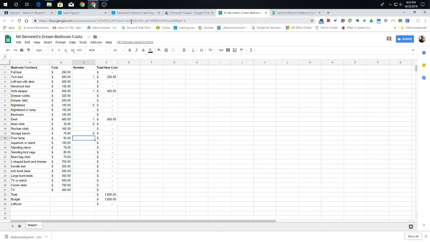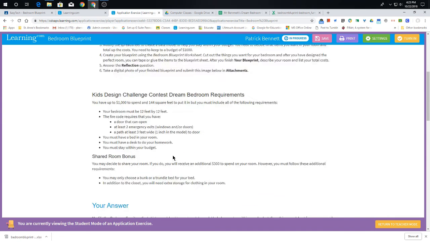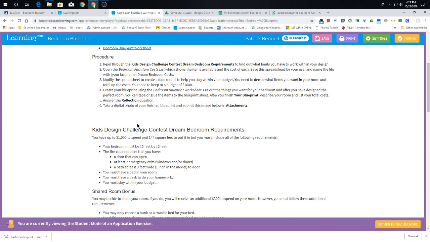So your challenge is to make sure you get all the items that you need: windows, doors, closets, beds, desks, lamps, and so on, that you arrange them on your floor plan in a way that gives you enough space. It said there has to be a path at least 3 feet wide to get out your door. You have to have at least 2 emergency exits. Your door has to be able to open, okay? You can't have something right in front of it. So you need to follow all those requirements with the items you purchase,